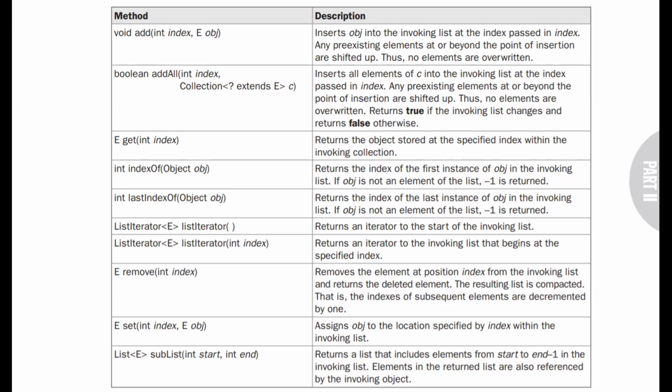Shifted up means they will be moved to a higher index. This method will return true if it is possible to insert all the elements, otherwise it will return false. Here collection indicates it is again a list of objects only.